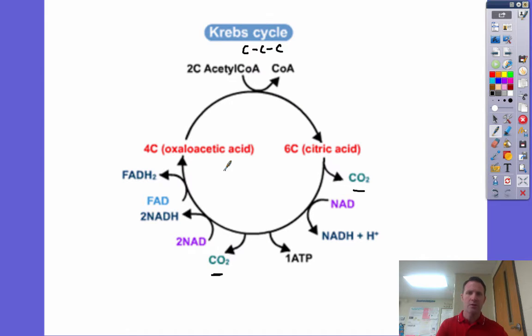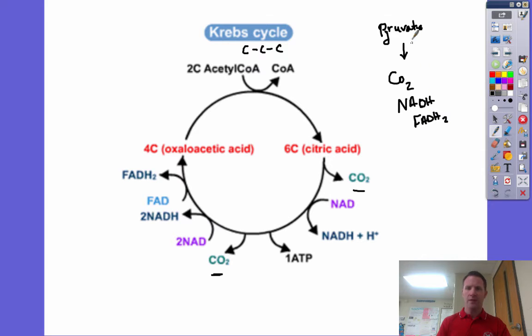And so for each pyruvate, this thing's going to spin 2 times. So you're going to spin more than once for a whole sugar molecule. You're going to spin 6 times for a whole sugar. So the big thing is, what do you get out of it? This is basically converting pyruvate into CO2 and NADH and